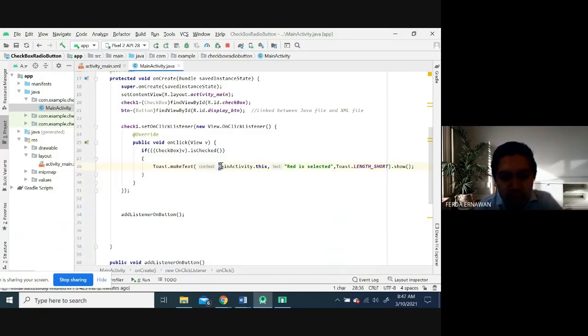Remember, you just type this one, main activity.this. All the statements, try to use the ones suggested by Android. Try. I give you 5 minutes to type the statement.